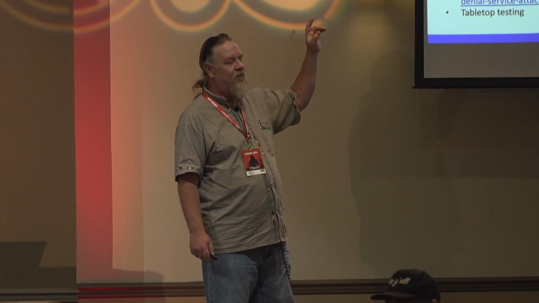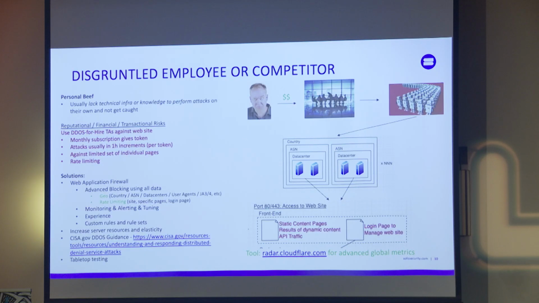So let's talk about the disgruntled employee, competitor, vendor. They don't normally have the infrastructure to attack you. So they have to go to the dark web and find services out there like DDoS for hire. And sometimes these are dark web services that are just available that anyone can buy. So that's kind of interesting. And they go to them, they find their bot armies, they pay for time with them, and they're going to get attacked from multiple countries, multiple network blocks, multiple IP addresses. It's not really easily detectable as far as where it came from if you don't have the right telemetry. But they're going to look for generally front-end dynamic web pages, and a lot of times it's just a default web page, and that's super easy to get rid of.